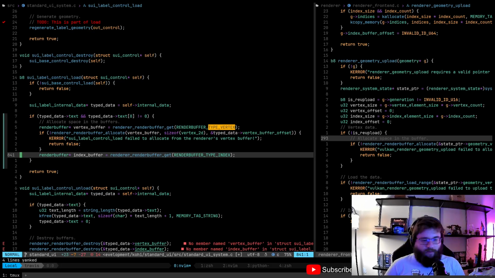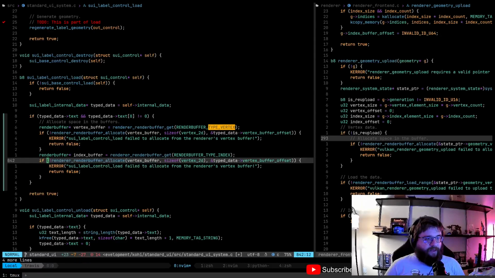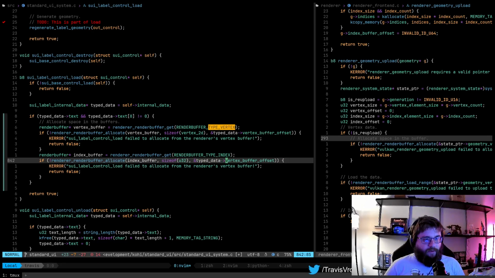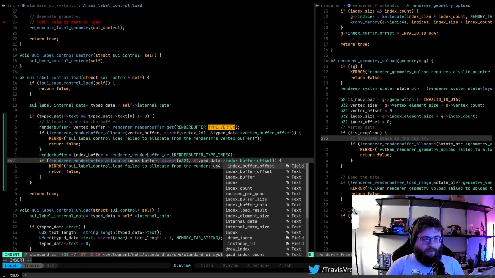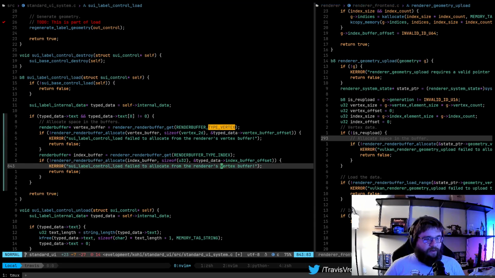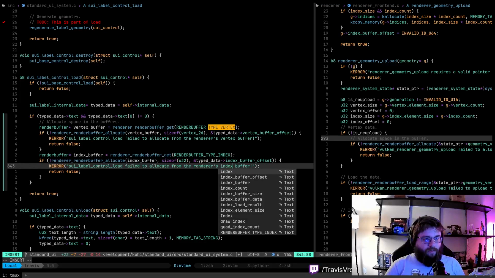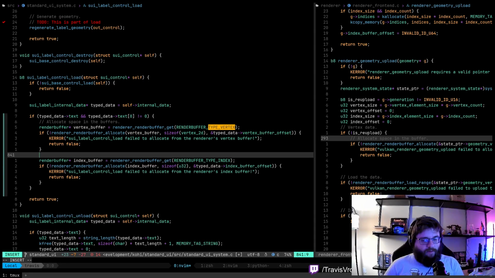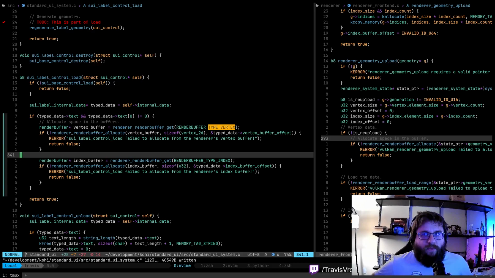And then we can paste the same thing down here. We'll change this to index buffer, size of U32. Index buffer offset. Index buffer. All right.